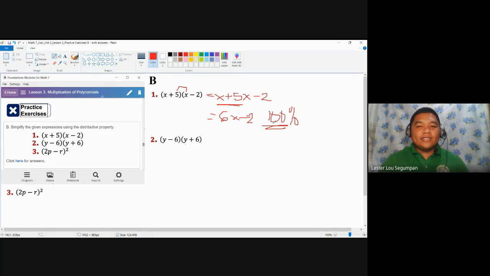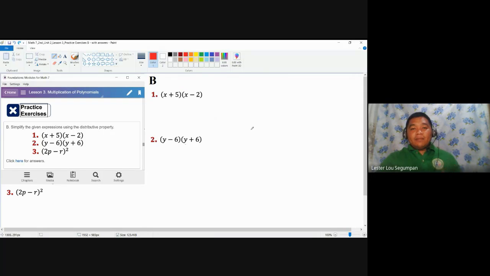Take note that we are distributing, or multiplying, the whole binomial to the whole binomial of the other, not just these two terms here and then copying the rest. So in short, this is not the correct process. In the distribution of the terms here, we may use a unique method only for binomial to binomial multiplication. That method is known as the FOIL method.